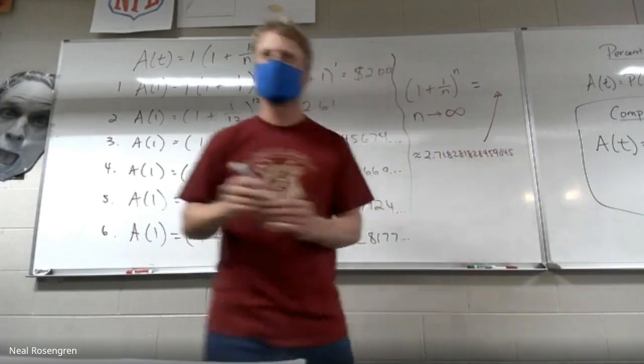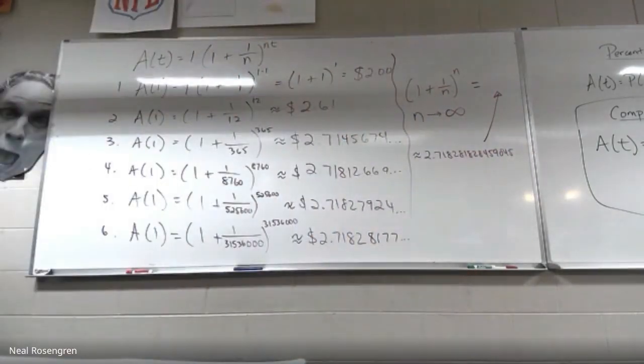The repetition there is actually kind of sneaky. It's not really repeating the 2.7, 1828, 1828, 45, 90, 45. That's just luck that it worked out that way. After that second 45, it just starts bouncing all over the place. It's definitely irrational, like pi and like square root of 3, stuff like that. It's a number. It's just one you've never heard.